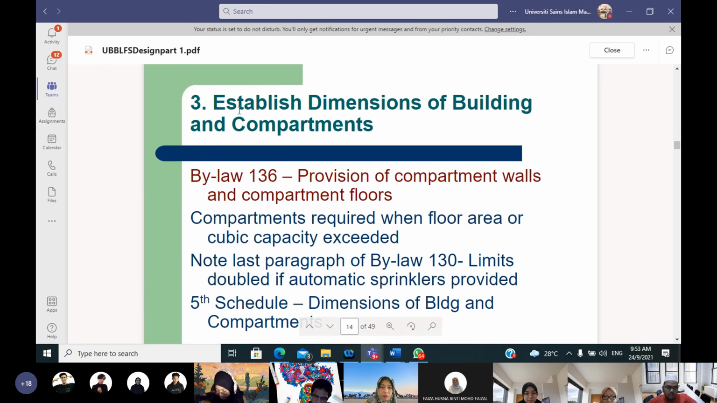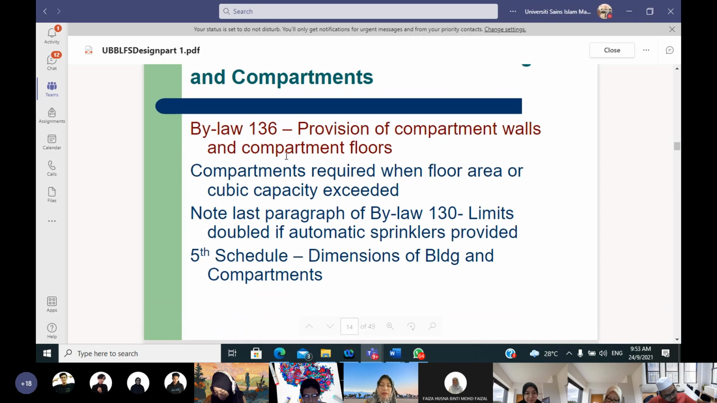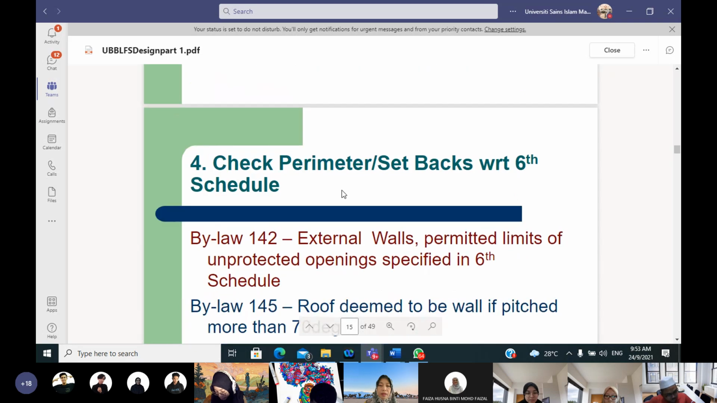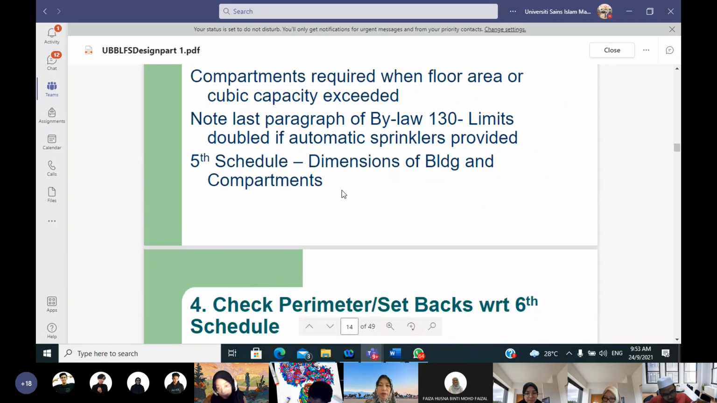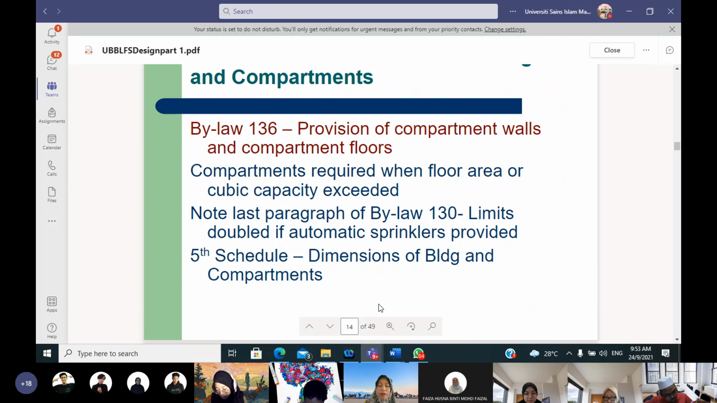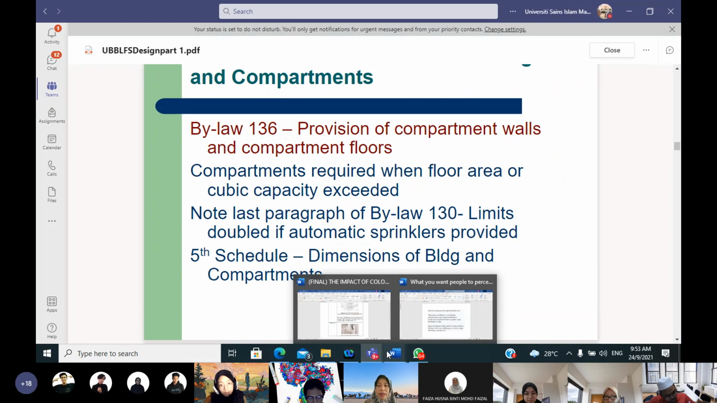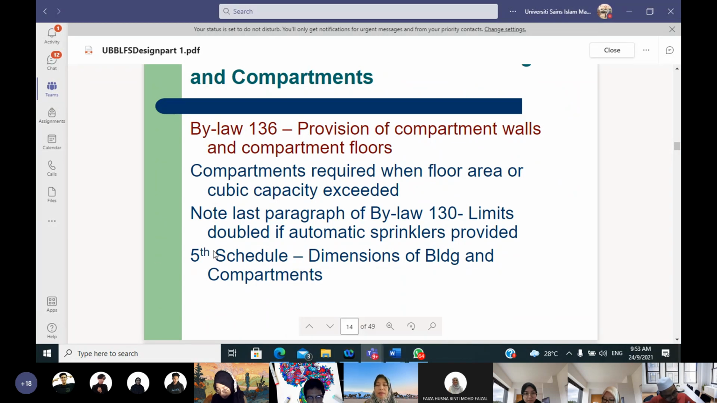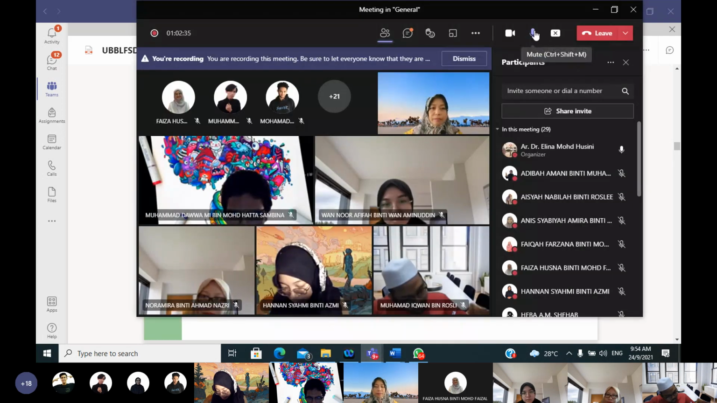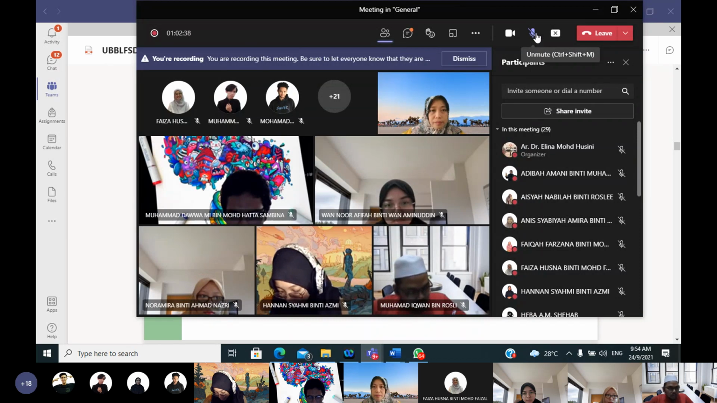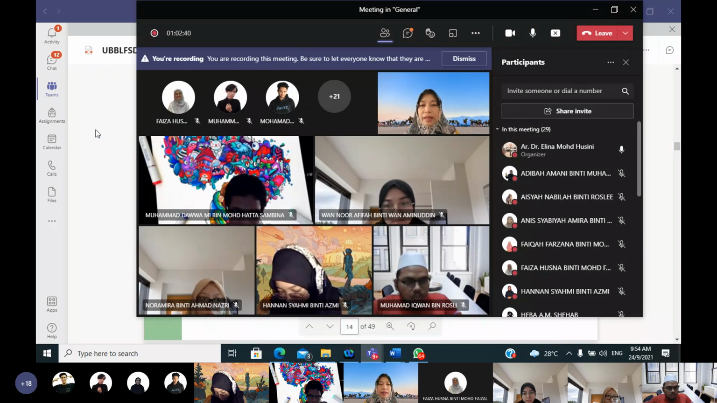Okay, when you come across the term established dimensions of building and compartments, what is a compartment? Provision of compartment walls and compartment floors. Normally, when you come across a floor area which is very big, normally for a shopping complex, at the basement area, for the complex, they need